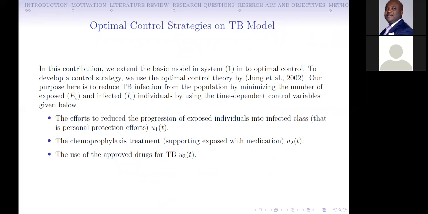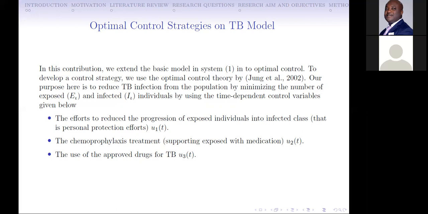Our fifth objective is the optimal control strategy on the TB model. Optimal control strategies are mathematical tools that we use to control infectious disease. In this contribution, we extend the basic model in System 1 into an optimal control. To develop an optimal control strategy, we use the optimal control theory